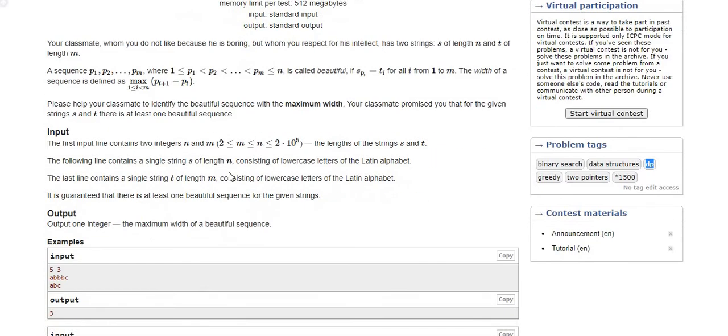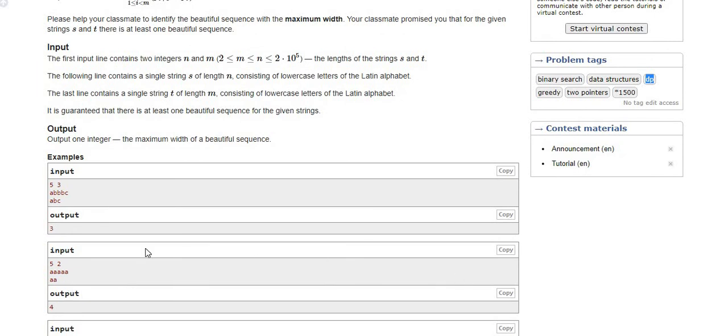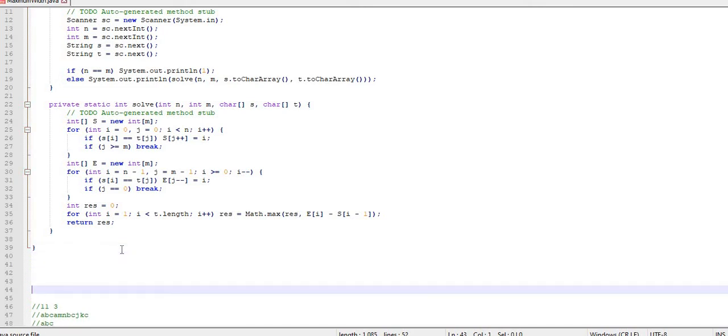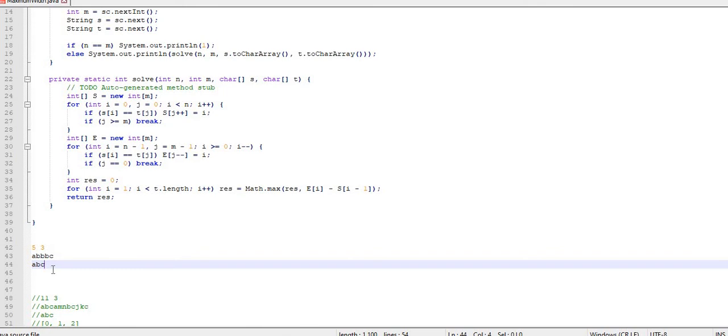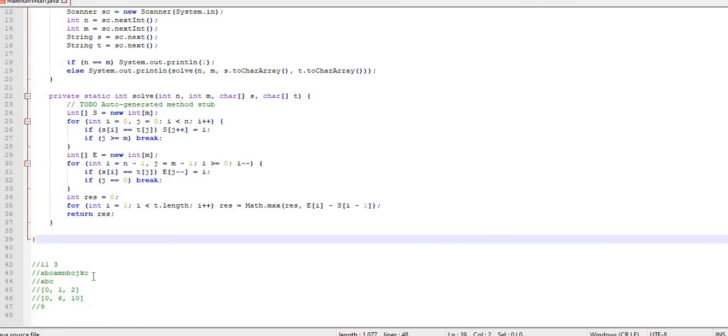So in this one, let us take this example, or instead I think it would be better to take the example which I mentioned here.